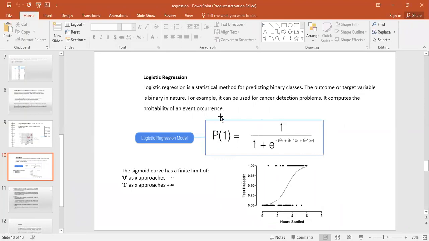So with that we can draw a conclusion that when the curve approaches minus infinity, then the value is zero, because the output is binary, either 0 or 1. So if it moves to minus infinity, the value is 0. If we take the example of a cancerous patient, he is not having cancer, we can predict that. If it moves to plus infinity, then we can tell that he is a cancerous patient, like that.